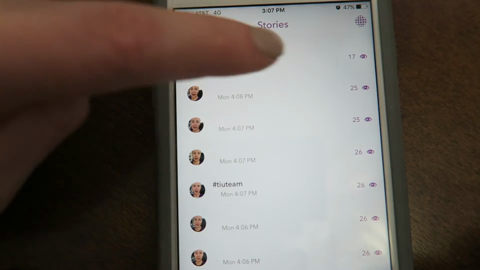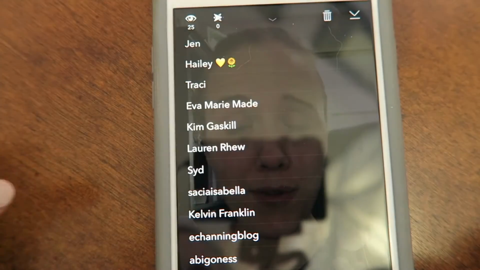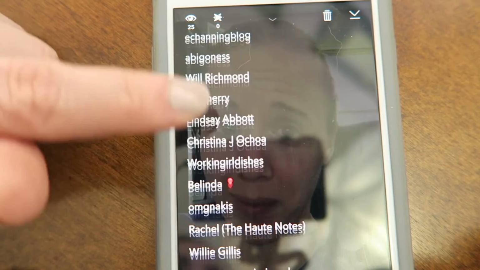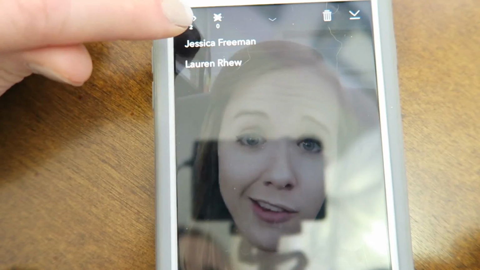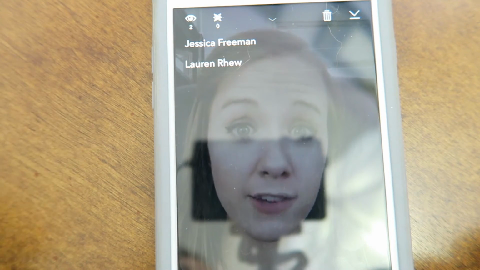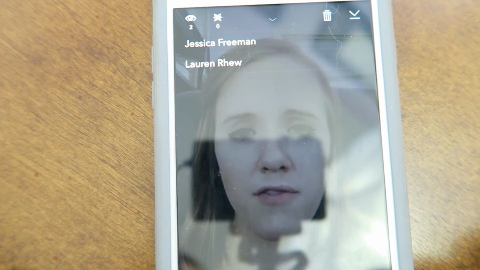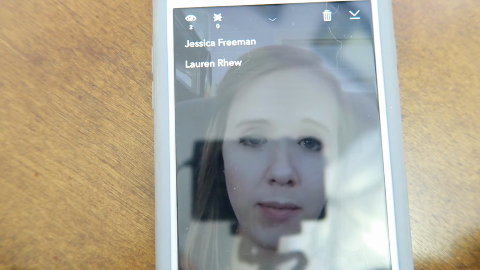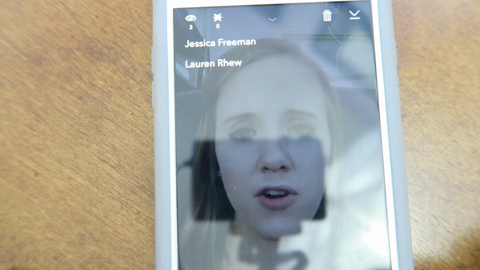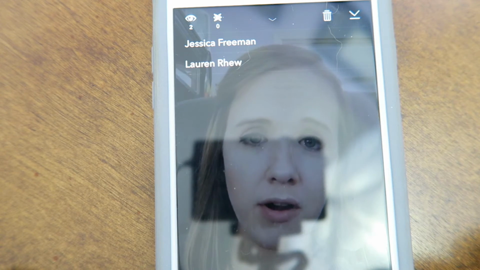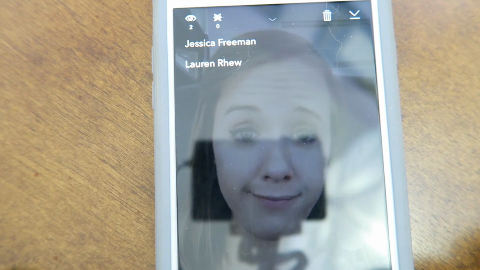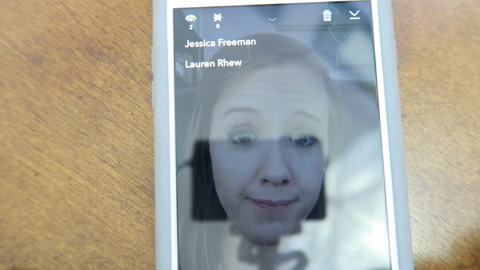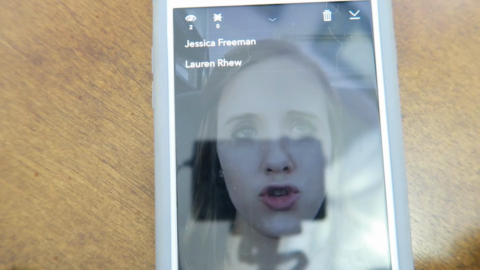You can get specific names of people who are watching your story. So here this lists all the names. So you could personally reach out to these people. You could snap them back. And then this little play button, if anybody takes a screenshot of your snap, it will show up green. So it's so important to find out who is taking screenshots because you get to see who's interacting with your media, and you can really use this information to personally reach out to these people.